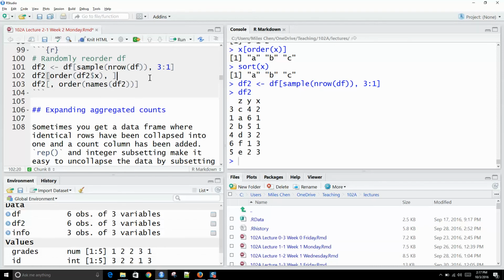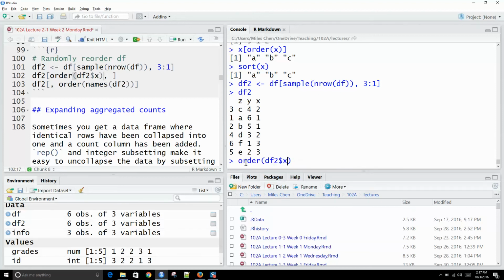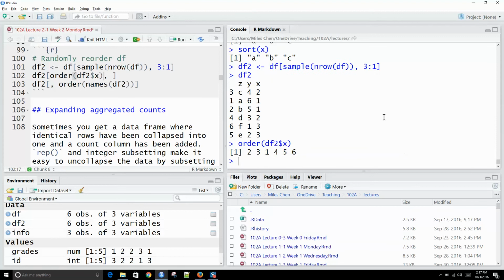If I wanted to put this in order, I can order it on the column x. So I can say order of df2$x, and it will say if you wanted to put the column x in order,